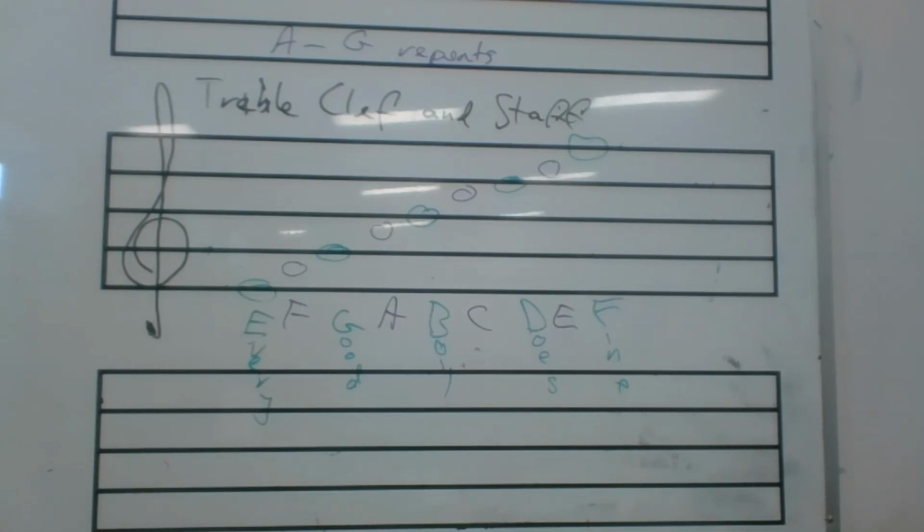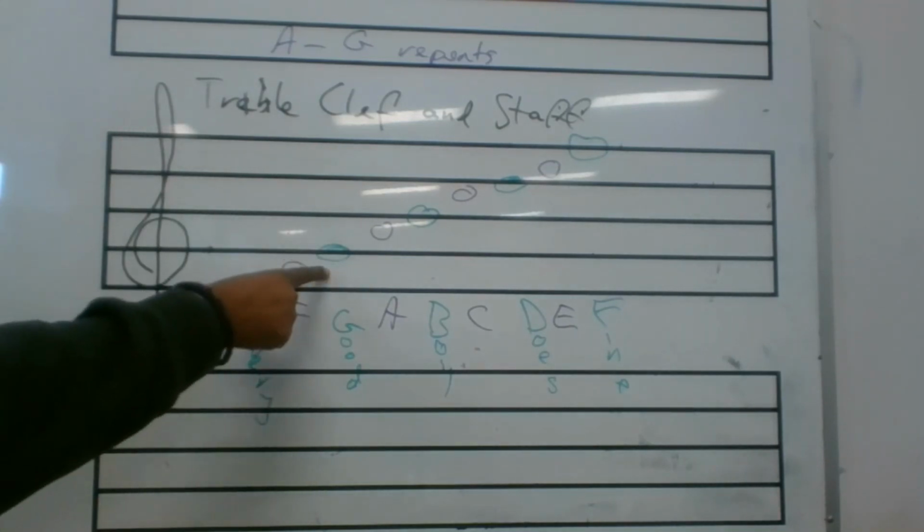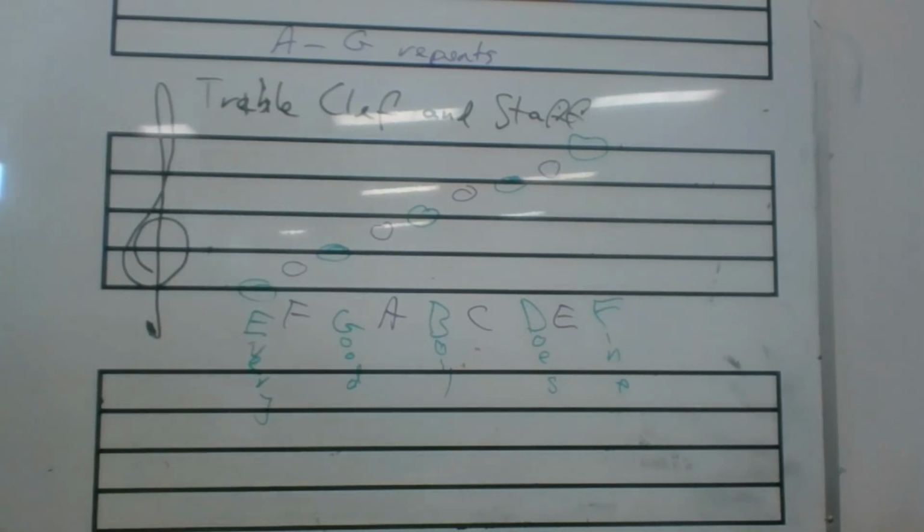All right, and that is literally all you need. Now, what does all this mean? Basically, we are all going to go back to the keyboard one day to discuss how this works, okay? Like I said, all of these notes, if I see these notes, there is only one key on the keyboard that tells me what to play. So for example, if I see this one, I know there's a specific key on the keyboard that I have to play, that I have to remember to play. So that's how it works. That's how musicians